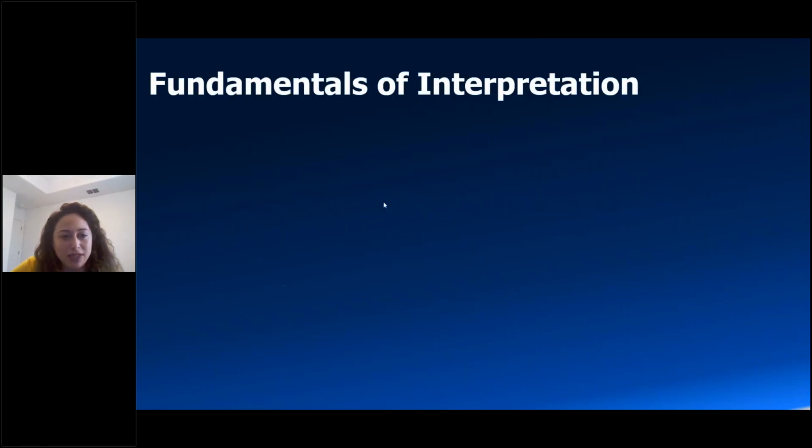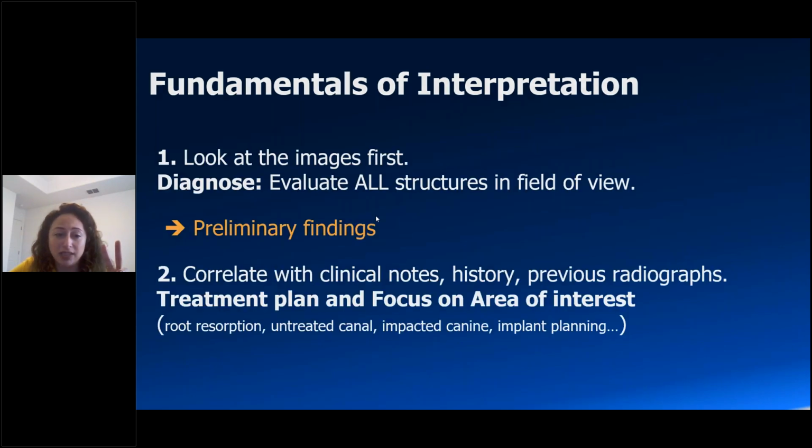Okay, so every time we open a software, we want to create our system, we really have two goals in mind. We want to look at all images first, so we want to rule out any evidence of pathology in that specific scan. And then we want to address the area of interest. It can be very tempting to open a CBCT scan and just focus on the area of interest and then say to yourself, well, I'll skim through the scan when I'm done with my implant planning or when I'm done with tracing the canal. But